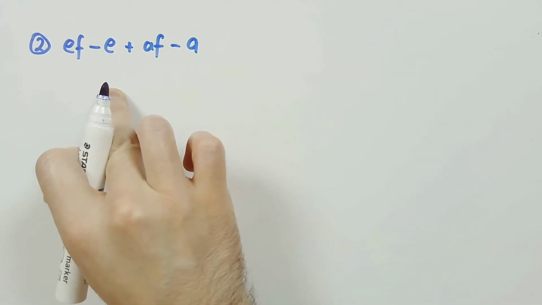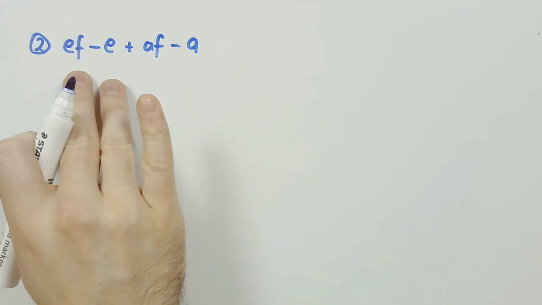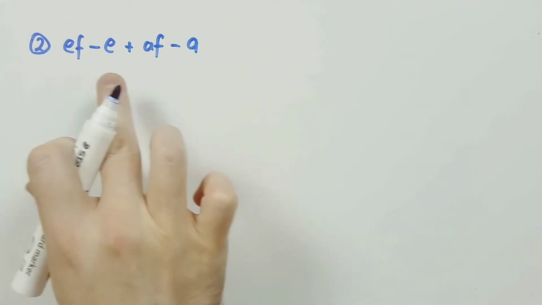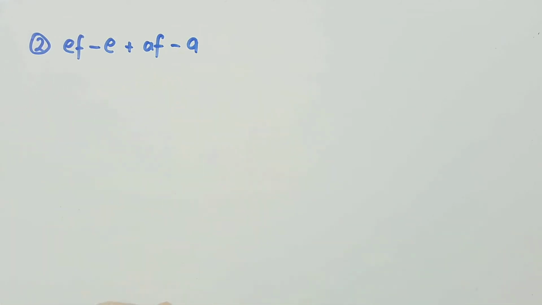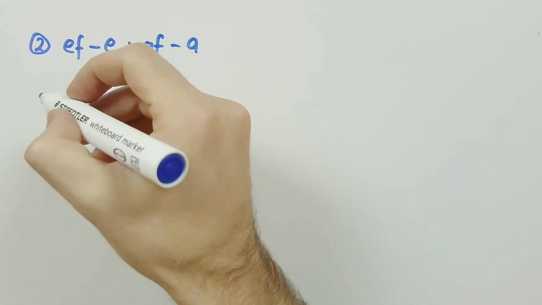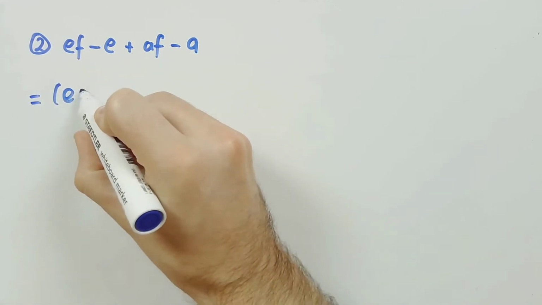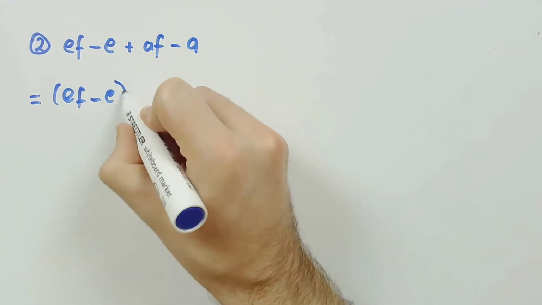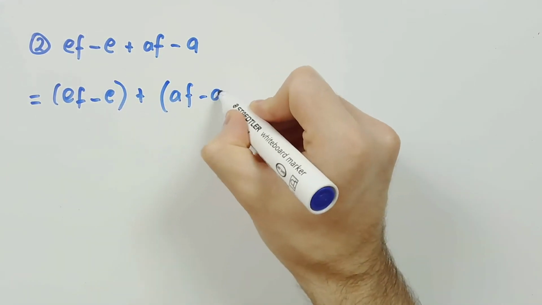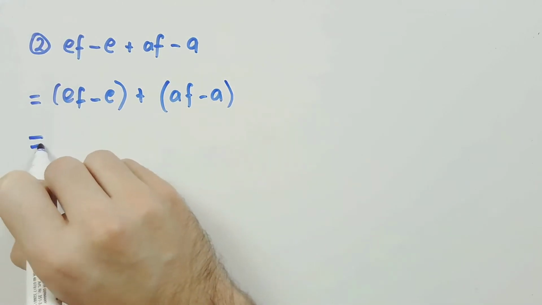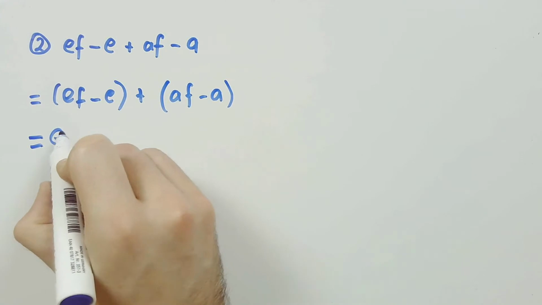So I hope you can notice here that we have a common term in the first 2 components and a common term in the last 2 components here. So the first thing that we should do to try and simplify this is pull out that common term from each of these. So we could have a look at it in the following way: equals EF minus E, and then as a separate term, AF minus A. Then if we pull out the common factor of each, here we can pull out an E, and that leaves us with